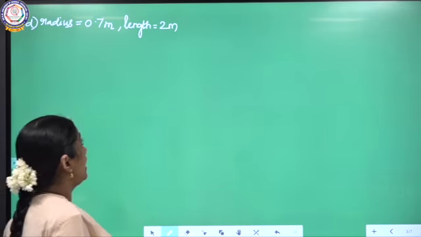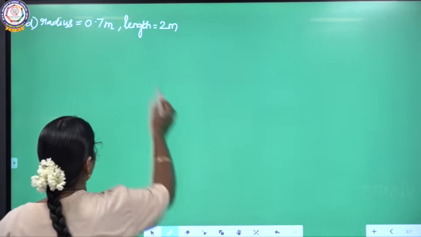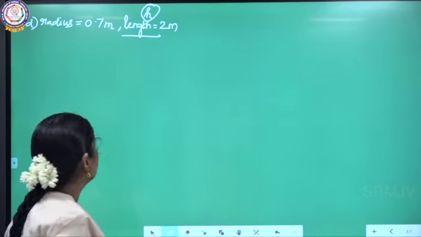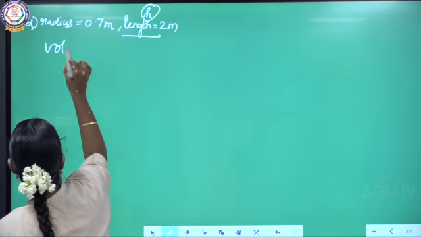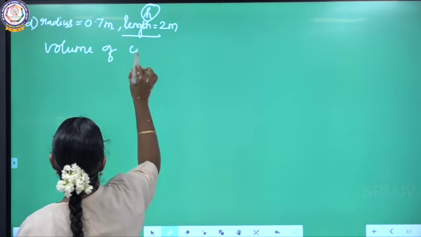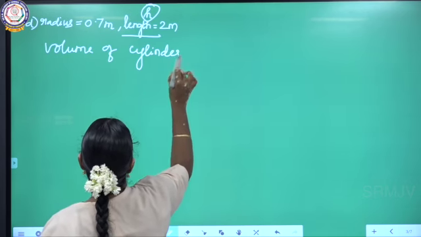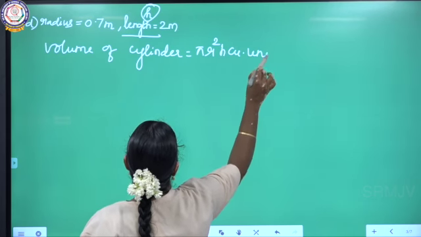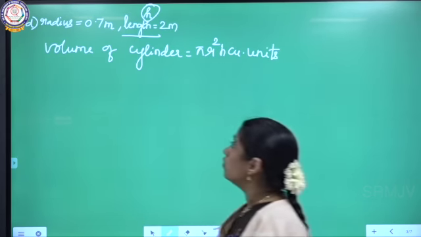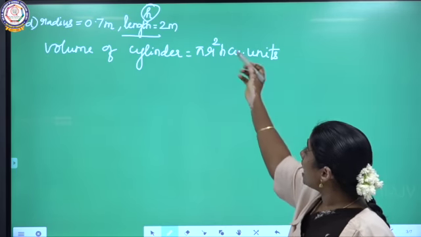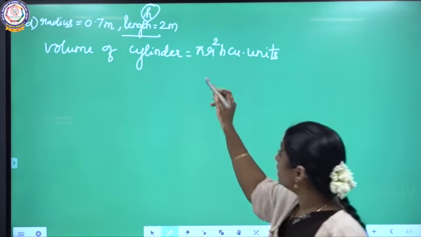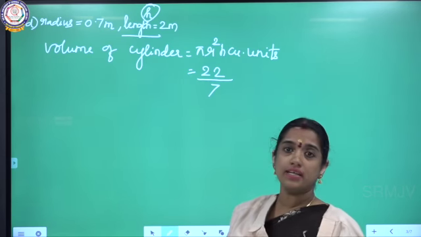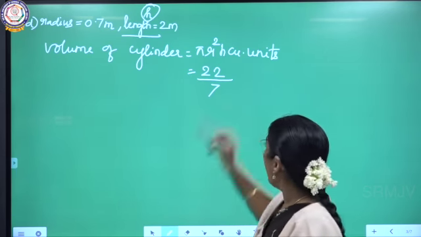Listen, same, the radius as well as the length. Length is what here? Height. So I am going to substitute this in the formula, which is volume of cylinder. Volume of cylinder is equal to pi r square h cubic units. Got it? Volume of cylinder is equal to what? Pi r square h cubic units. Substitute the radius here, and first of all substitute the pi value, which is 22/7, given in the question, and radius